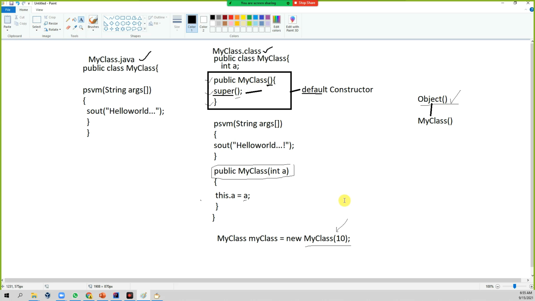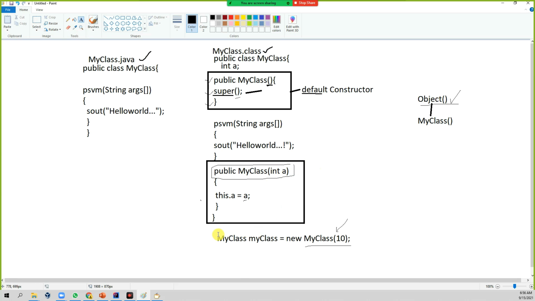What does this() mean? Here you have two kinds of constructors. This is one constructor, and similarly there is one more constructor here. This is a parameterized constructor. You can write n number of constructors within the class, but the signature, meaning the constructor parameters you are passing, should be different. Here I am passing an integer, so I can write one more constructor.